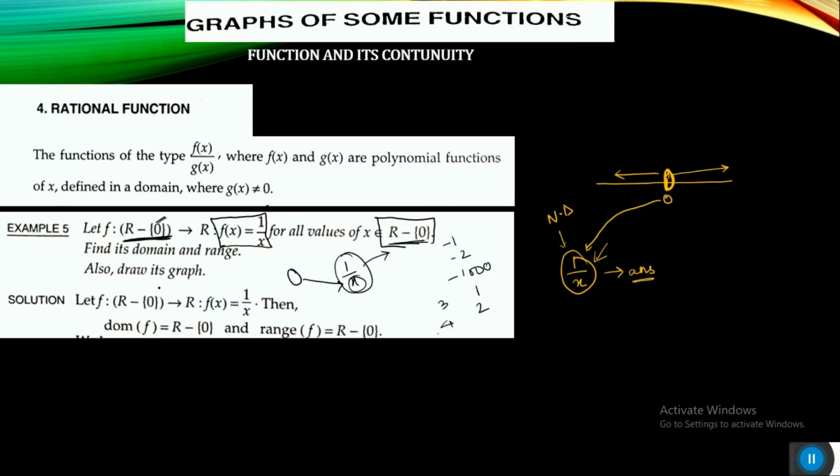So now we need to find the domain and range and see its graph. Now see, if the function is defined from this to R, then what is the domain? Clearly you can see that is the domain. Now what is the range? In the range you will see whatever value you put here, you will never get 0. So if you never get 0, then no point writing 0 in the range, because no element from the domain will be related to 0.